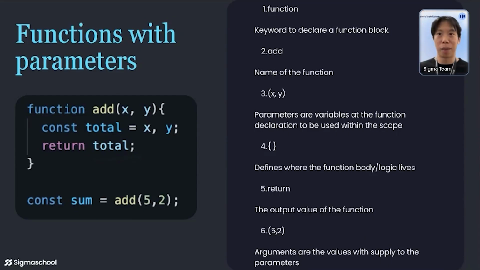So it opens up the box, takes the value in total, and puts it in sum, right? That's basically what JavaScript is doing. So when you call the function add, you take the X and Y variables, add them together, put the result inside the box total, and return that box.